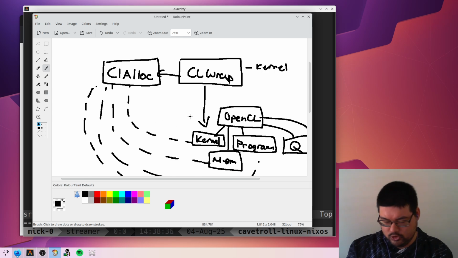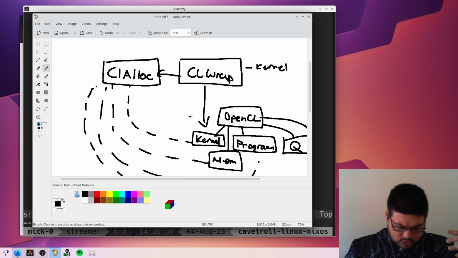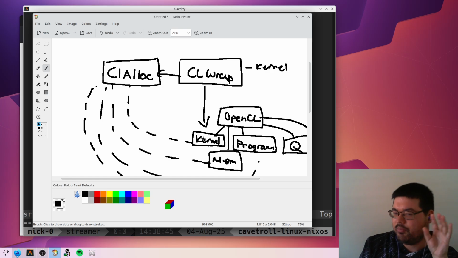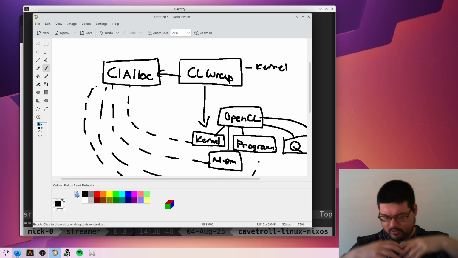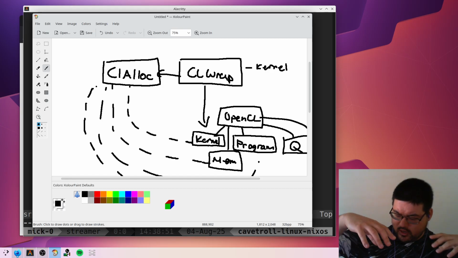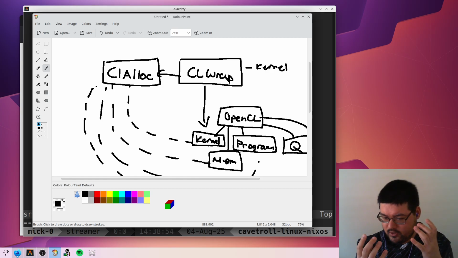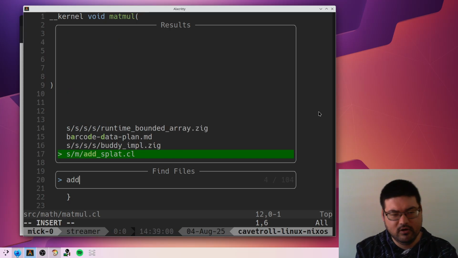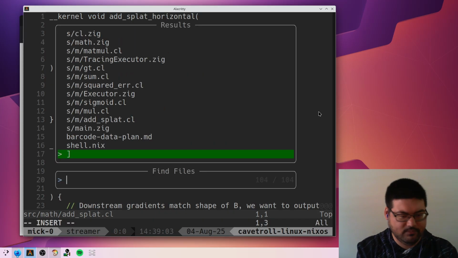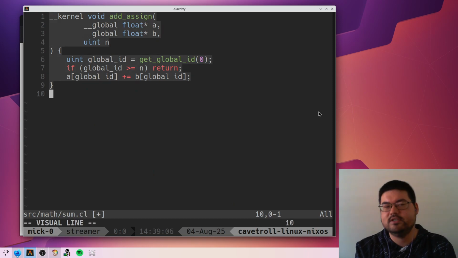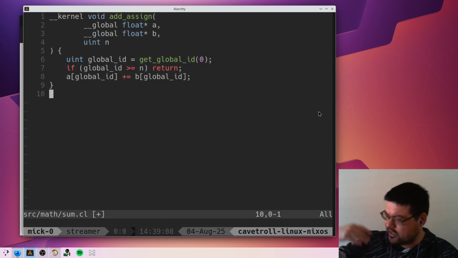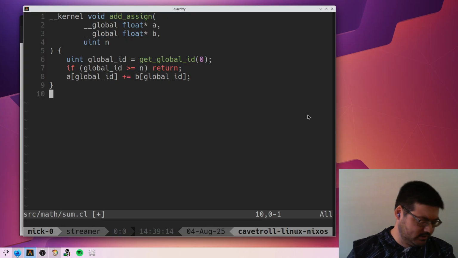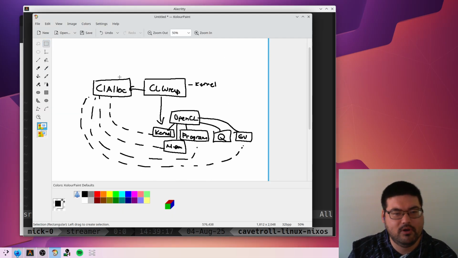So far we have the ability to make buffers, run kernels, but keeping track of all that stuff is painful, right? A kernel, like we said earlier, is a thing that has been compiled for our specific GPU. So on app initialization, you make your OpenCL context, you create your kernel, and that needs to live somewhere. And every time you want to do any math, where you have a kernel that you've written to do add assign, like this thing where we've done add assign, this is a kernel that needs to live somewhere. And I don't want to have to carry these kernels around everywhere and think about them. I want to just be able to say, GPU, do some math for me, please, right? So on top of this chunk,